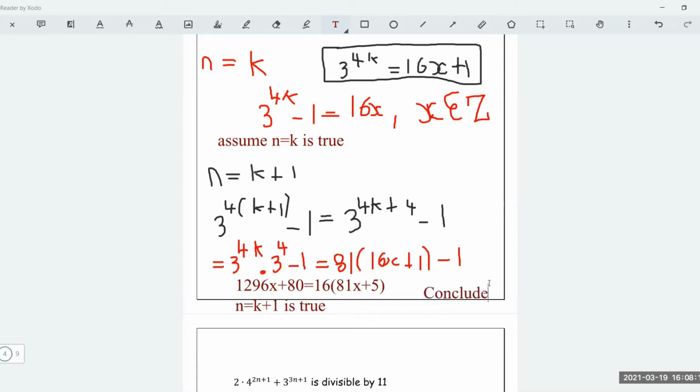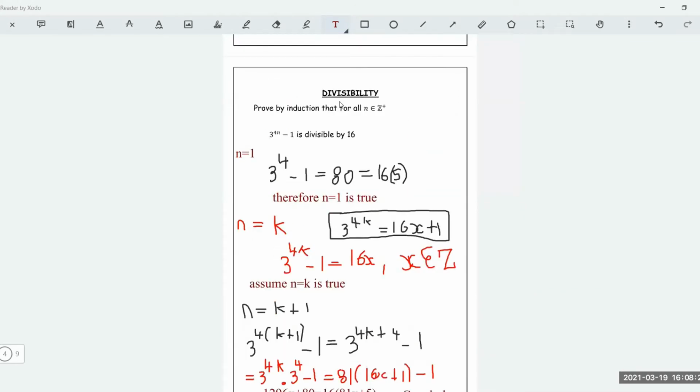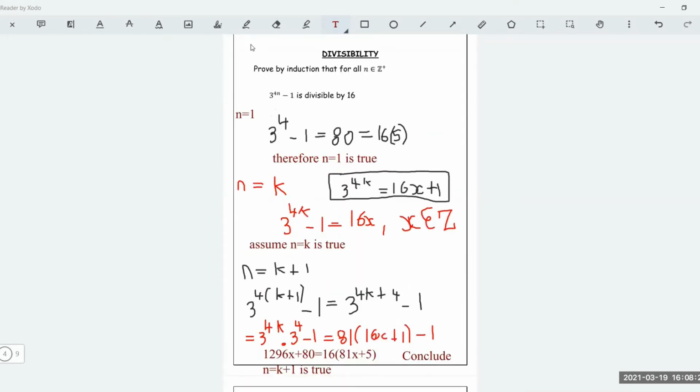Therefore, by principles of mathematical induction, the statement given is divisible by 16